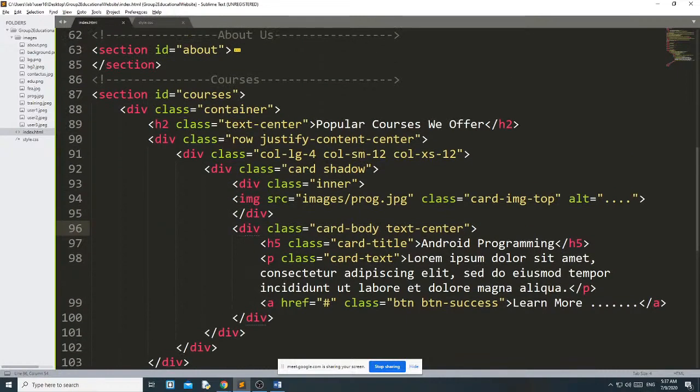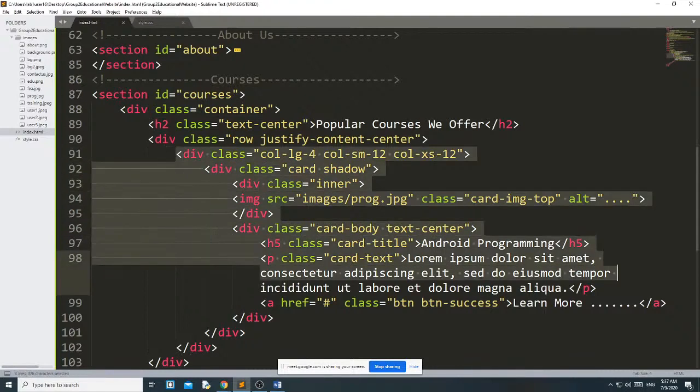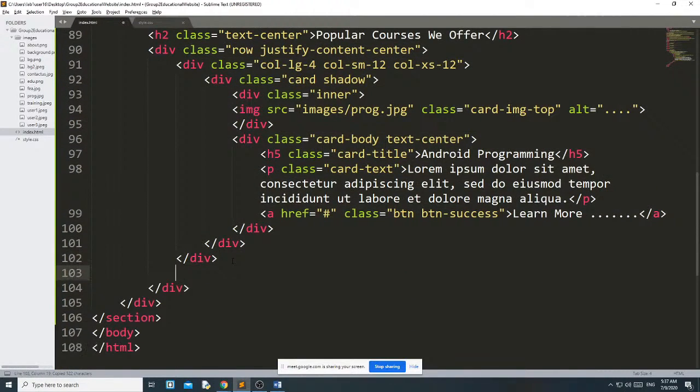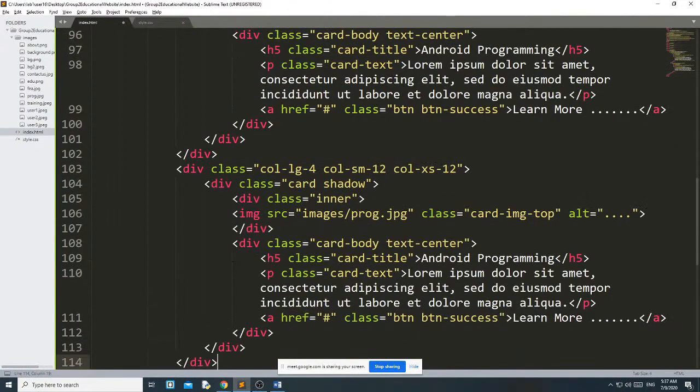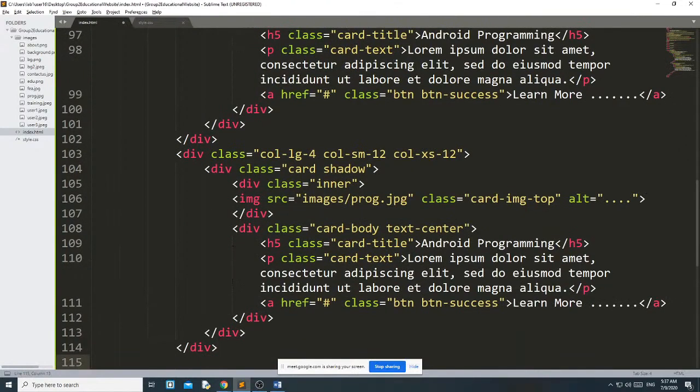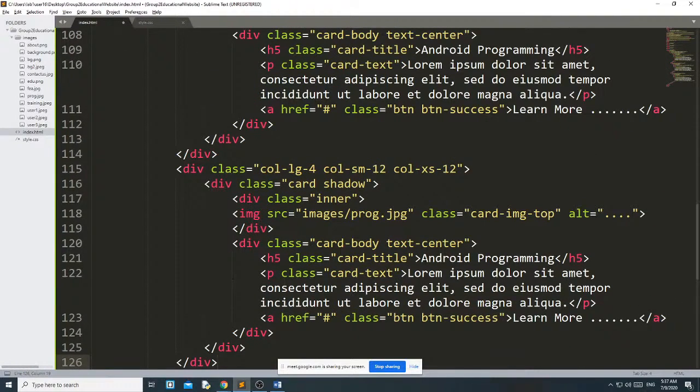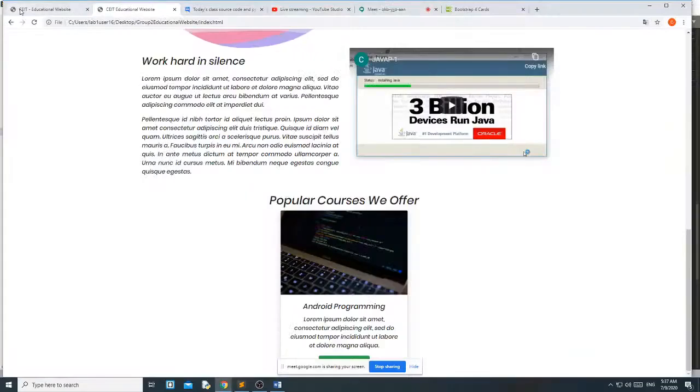Simply now I need to copy. From where will I copy? From here, from this div. Okay, just copy it, paste, paste, and here just change the title.